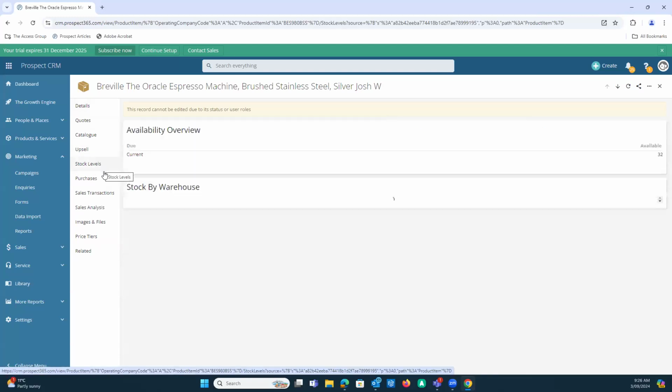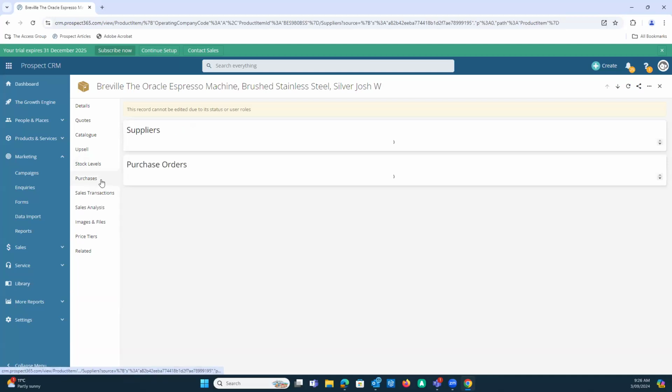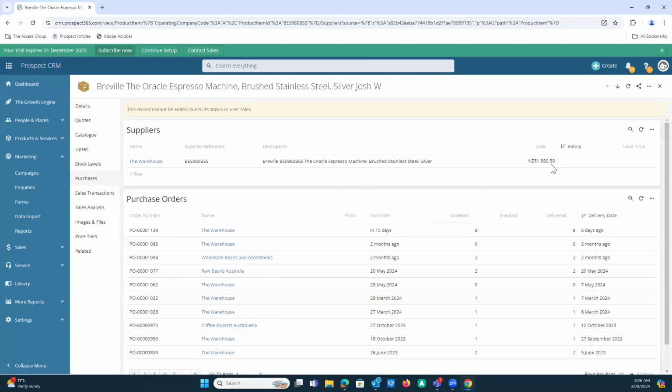As I did mention, I did show you the graphic of the two-way sync. So I did mention the breakdown of the warehouses, like you do have one in New Zealand and one in Sydney. Based on that, you can see where the stock is located. And we also did mention purchases and any supplier information. You can see the currency that you're dealing with. And you can also see when the next shipment is due, if it's been delivered, and so on,